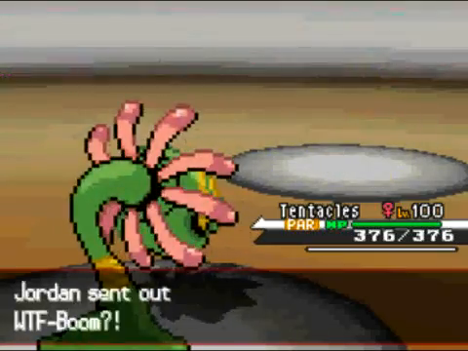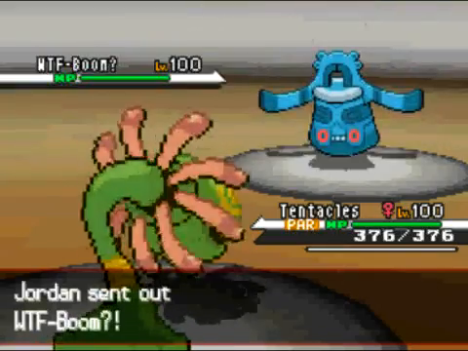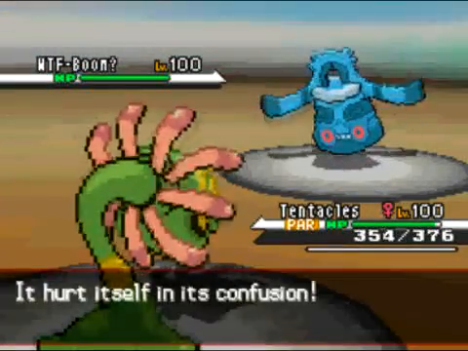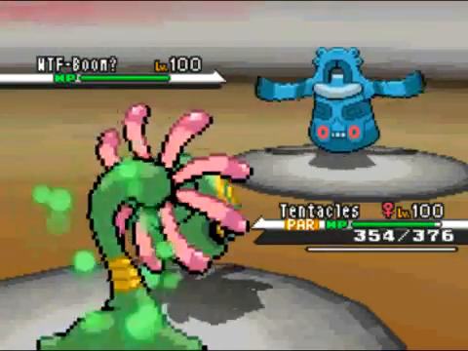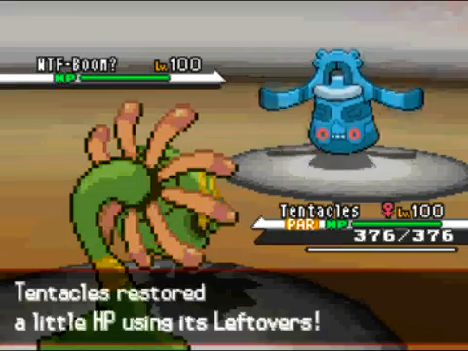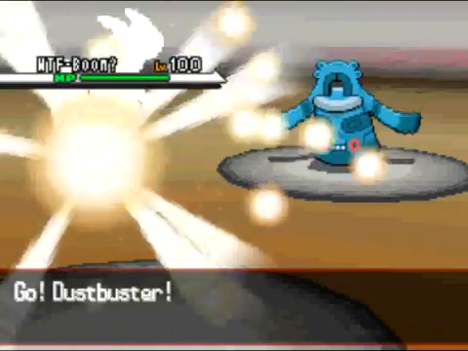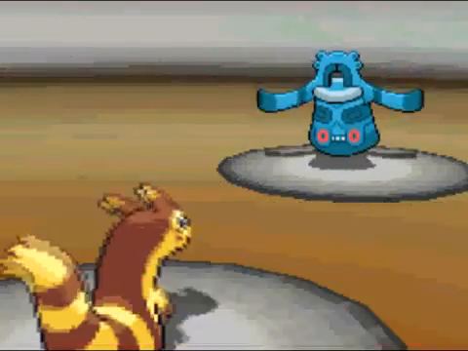And now he's going to switch out into his Heatran. Sorry, he goes out into Bronzong here. And I'm confused, I hurt myself, and that's not good. The only attacking move I have on this guy is Rock Slide, and I obviously can't Toxic Bronzong, so I'm going to switch. I go out into Dustbuster because I know that I still have my Choice Scarf that I